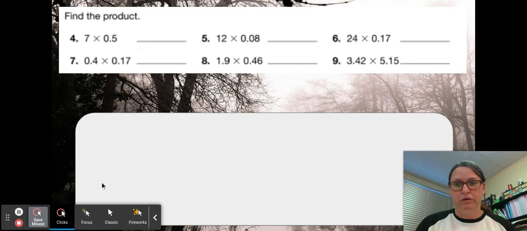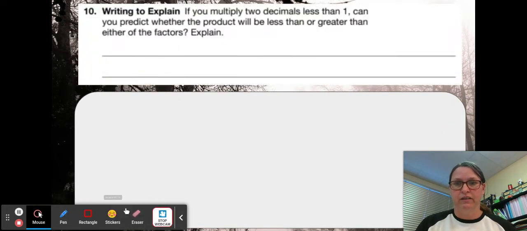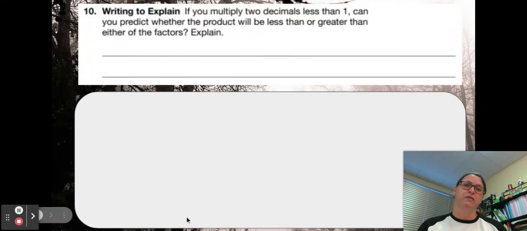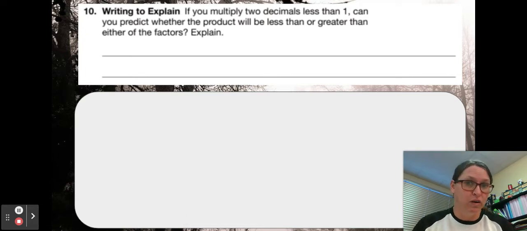Now let's go to a word problem right here. Let's see what it says. If you multiply two decimals less than 1, can you predict whether the product will be less than or greater than either of the factors? Well,